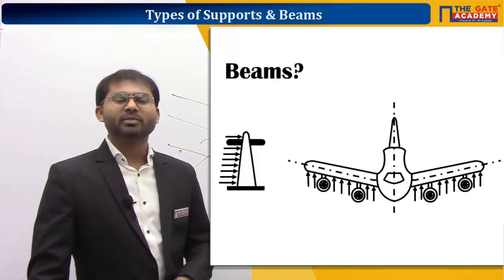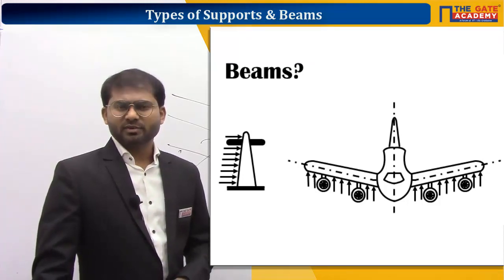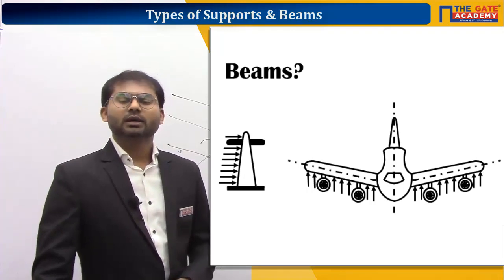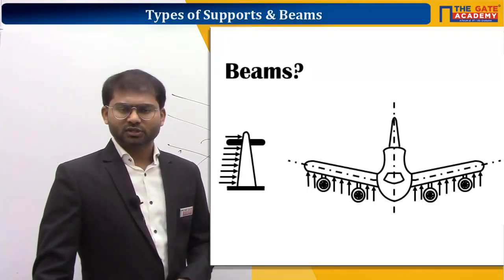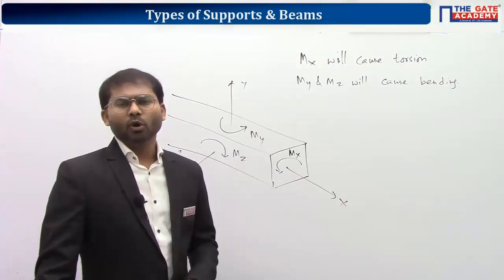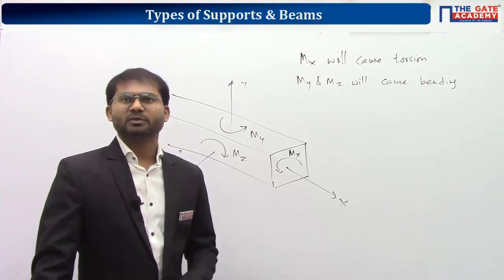So it's nothing but a beam. And also if you take a cell phone tower, telecom tower, that will be experiencing bending due to winds and all. Okay. But here if you see, the airplane wing is a horizontal beam, but a cell phone tower or any big pole is actually a vertical beam. Clear?